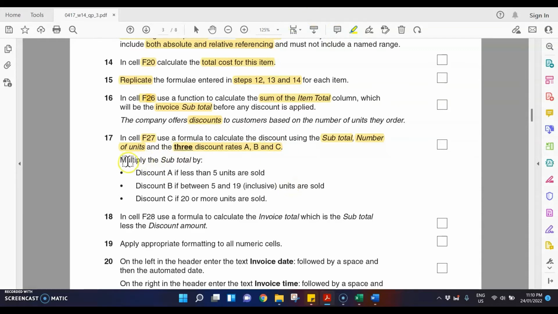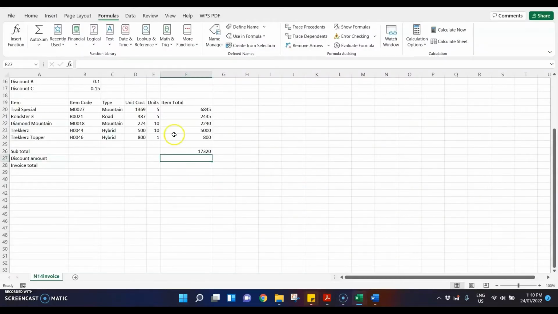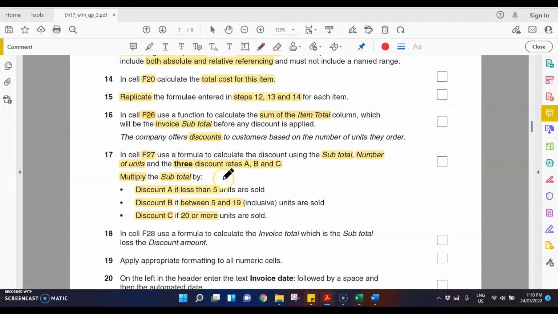So what you're supposed to do is multiply the subtotal by the first type of discount, which is for less than 5 units, second discount B when it is 5 to 19 units, and discount C if 20 or more units. So when we have these options, first of all, you take the subtotal. If you refer to your spreadsheets, the subtotal is in cell F26. So we will take cell F26